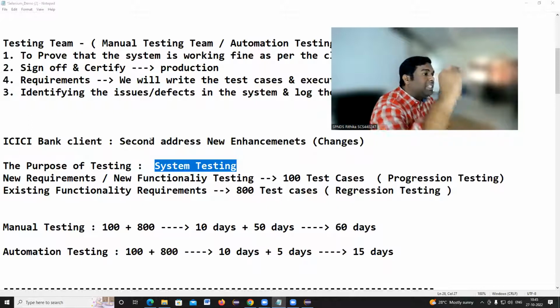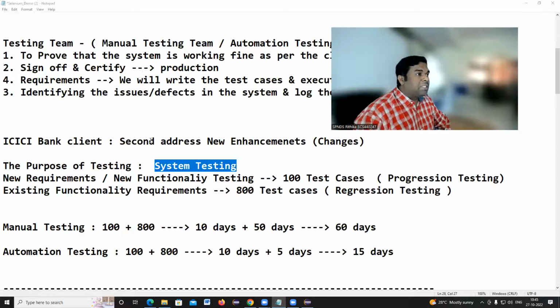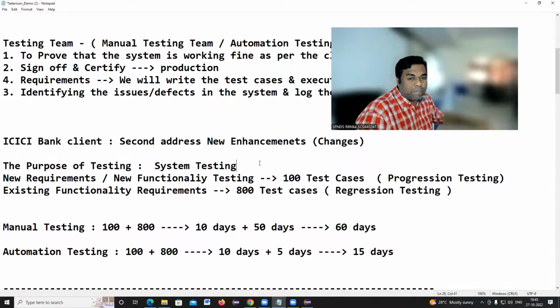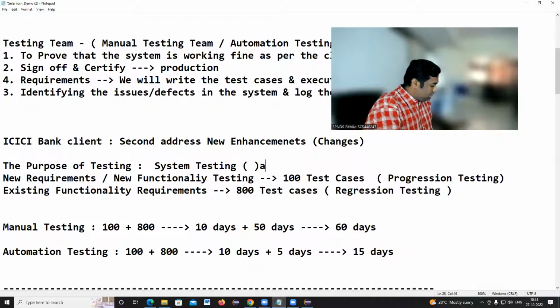So in progression testing, all these 200 test cases are passed, and in regression testing, all these existing 500 test cases are also passed, then only we can say system testing is passed. So when we say system testing is passed, it means